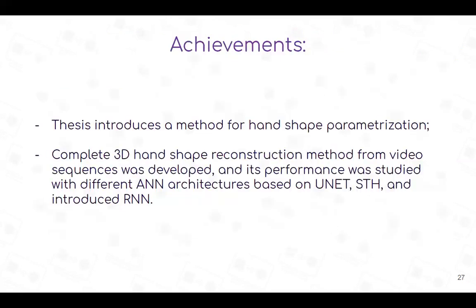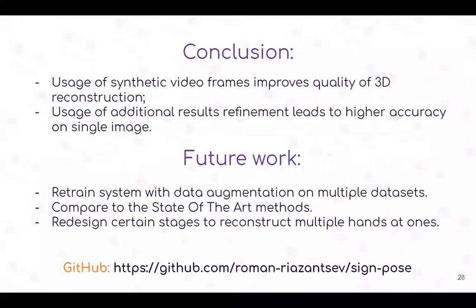So as achievements, we can consider that we introduced an LSTM network for shape parameterization, which we didn't find in the literature. Then we tested hypotheses for video sequences and for results refinement, and in conclusion, we showed that video frames improve accuracy, but refinement interferes with the usage of video frames, and it works nicely only for single images. As was mentioned by the reviewer, sorry, I'm not sure of the name,